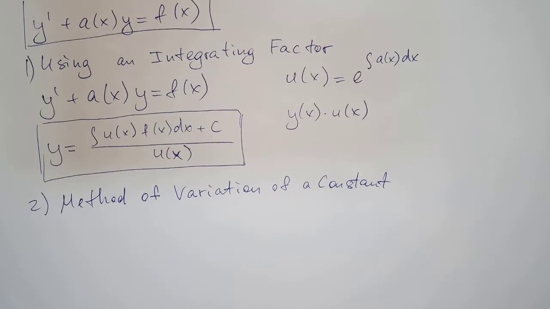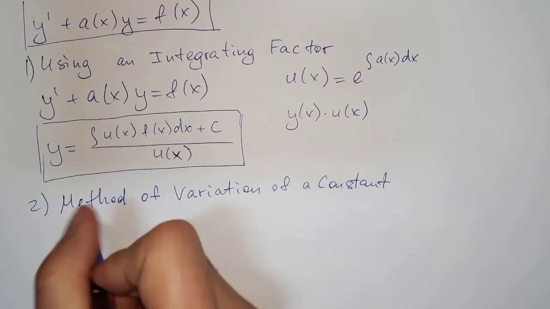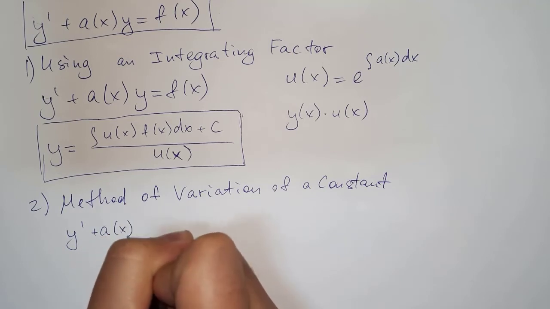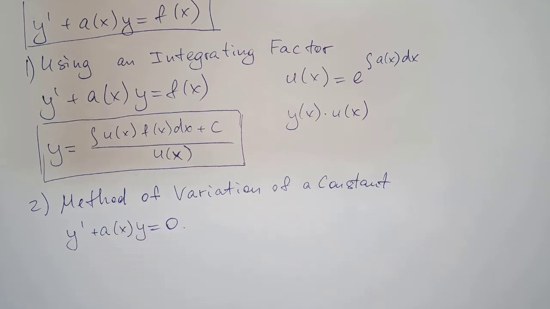So here, firstly, we need to find the general solution of the homogeneous equation, y prime plus a(x) y is 0. And then this general solution of our equation,